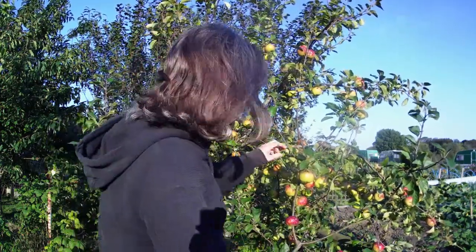My apple tree then, some of these apples look really ready, but we had that storm a week ago and I only lost a couple and they were in like 50 miles an hour winds. So it's a bit hard to know when these are ready or not. So I've been picking up any windfalls while they're fresh and taking them home. But in terms of the apples,